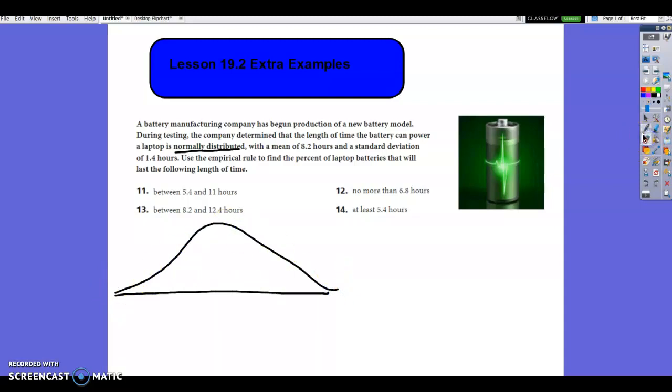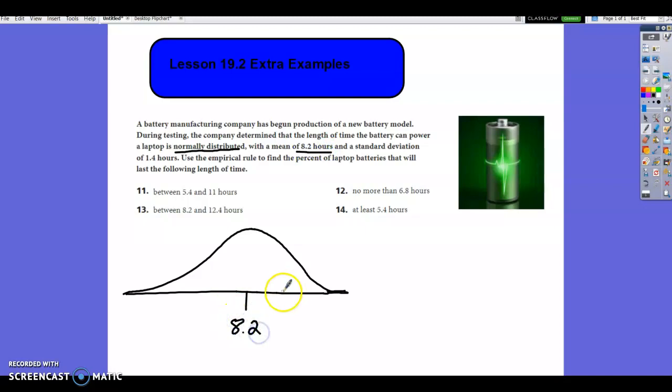And let me try that again. Does not look like a normal distribution curve. Let's see. Should be kind of symmetrical. All right, so we know that the mean goes in the middle. The mean is 8.2 hours. And we know that we're going to find 1, 2, 3 standard deviations in each direction because that's the percentages that we know. So we're going to do